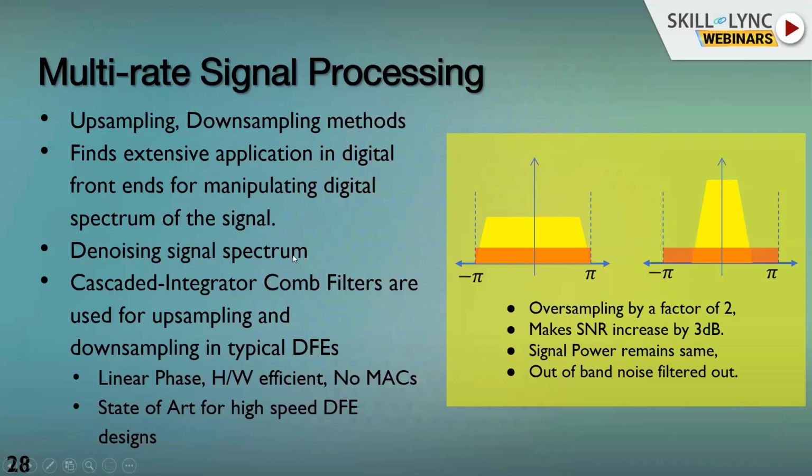So, multi-rate signal processing is a very important technique used in any industry which has DSP applications. You will find multi-rate signal processing blocks there. We have to upsample or downsample the signals, which finds extensive application in digital front ends, like I have explained in GNSS signal processing or communication signal processing. So we have the need to denoise the spectrum, and this is what I have shown